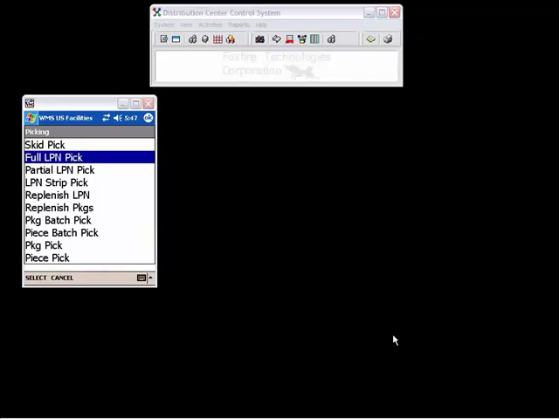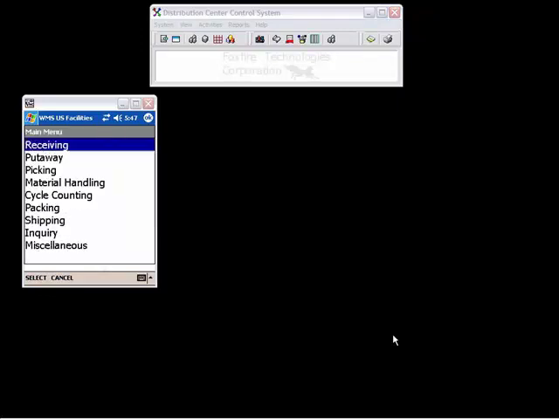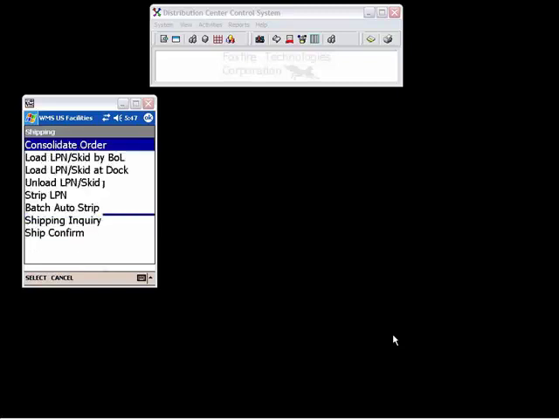Let's switch gears a little bit, get out of picking, and do a little bit of shipping. First, we're going to do some confirmations of individual boxes, depending upon how you want to do your shipping. For example, this might be for a small package type methodology. So let's go into shipping,